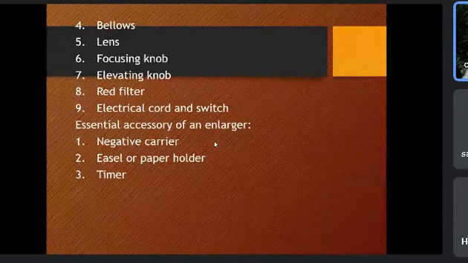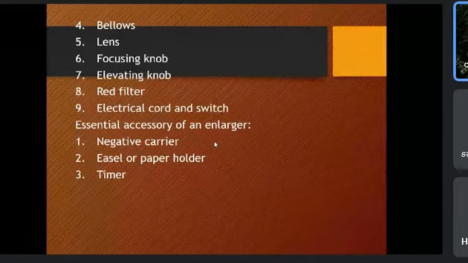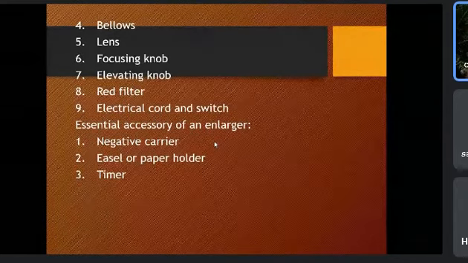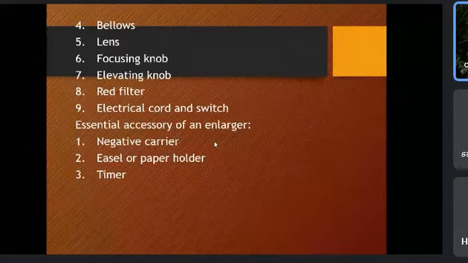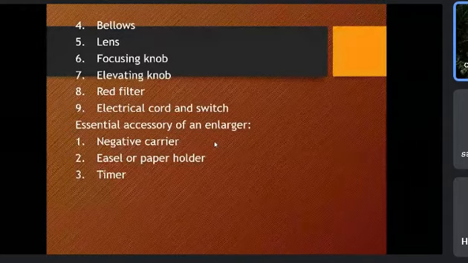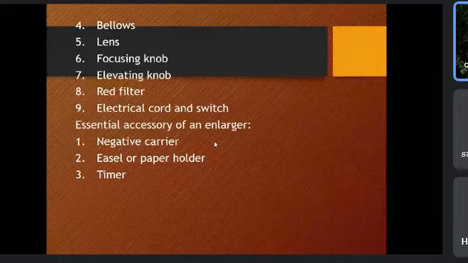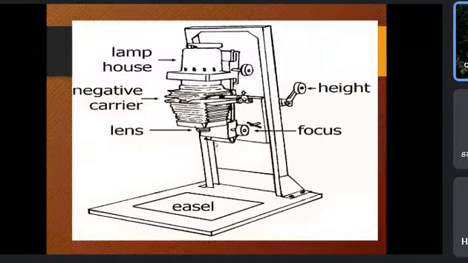By the way guys, the film that has not been used yet, whether black and white film in traditional or colored film, has not been used. Once it has been used and you have taken a photograph, it is called a negative. Negative film already has photographs inside. This one is an example of